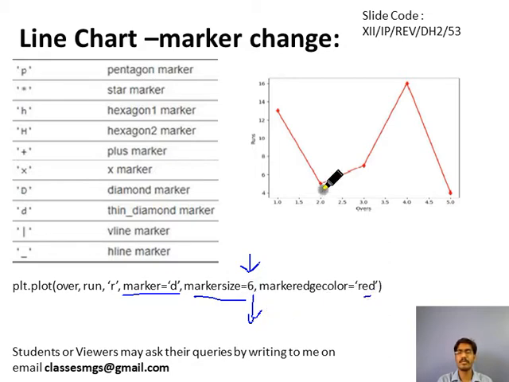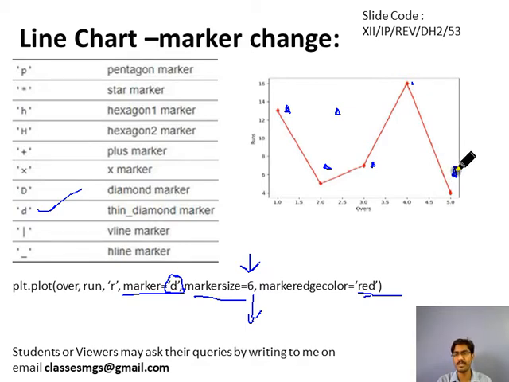And marker edge color: if you want to show the marker in red color, then you set the marker edge color to red. Marker means markers have different shapes. Like in this graph we are using the marker D. D means diamond, this structure is shown at these points. It is not visible because its size is very small, but something like this shape is shown here at the join points.